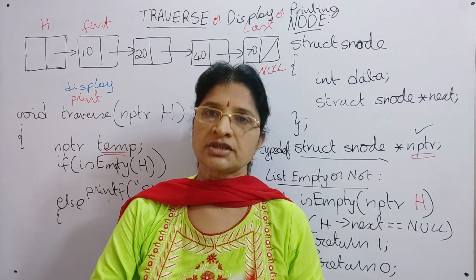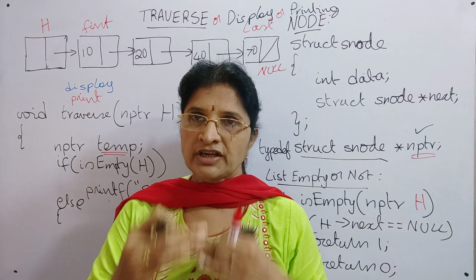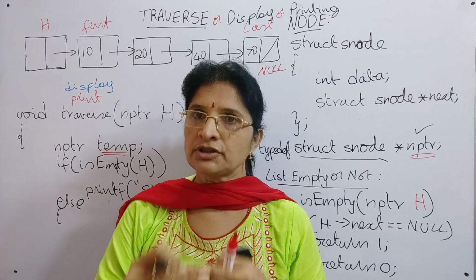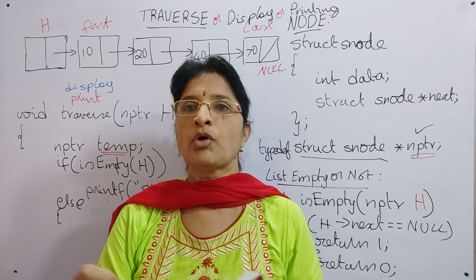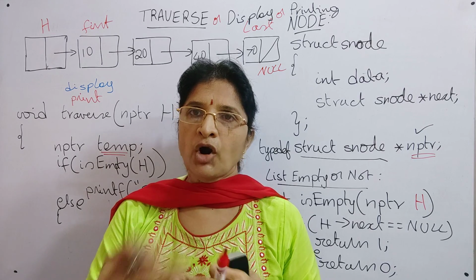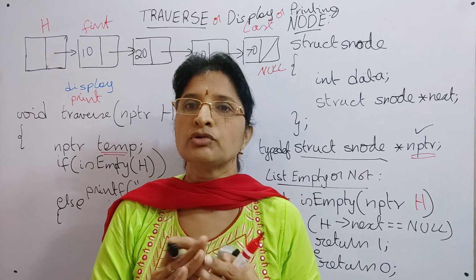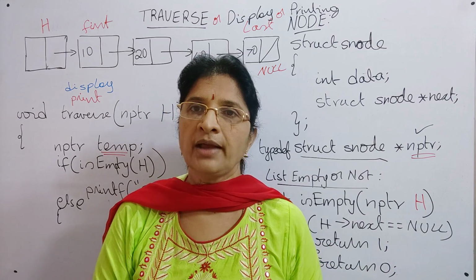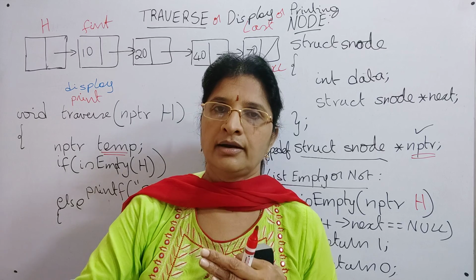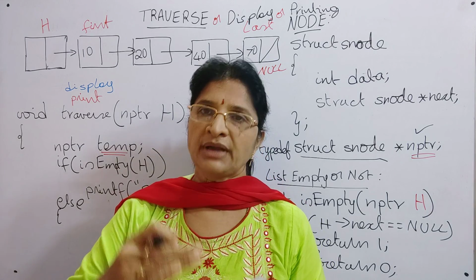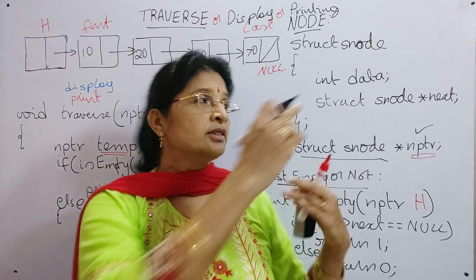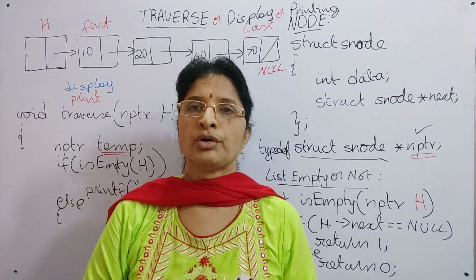Once you lose the address of the first node, suppose you have modified your header node by mistake, you will lose the total list. So always assign the value to a temporary structure variable that corresponds to a particular node, and then